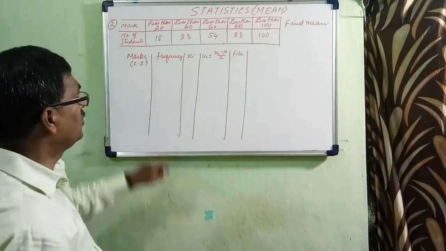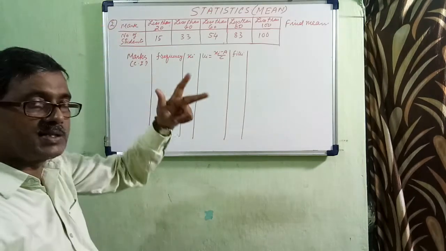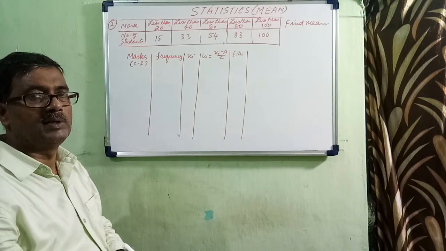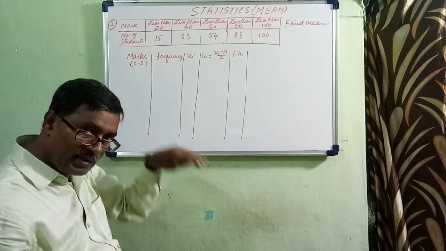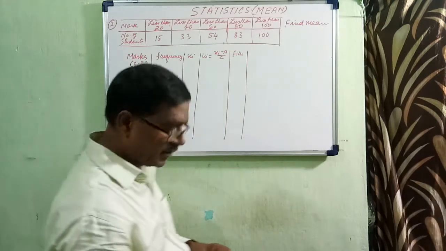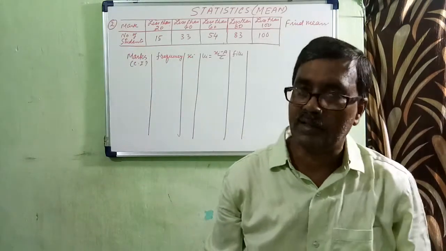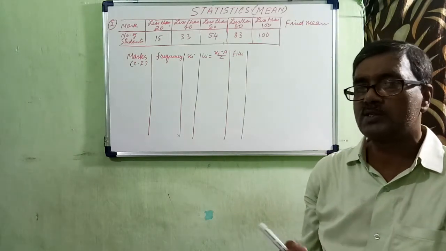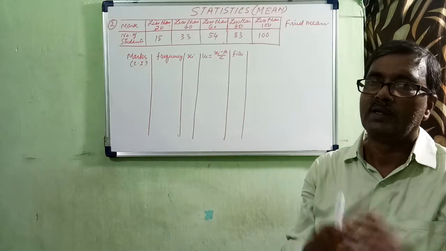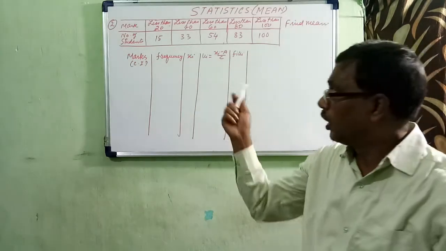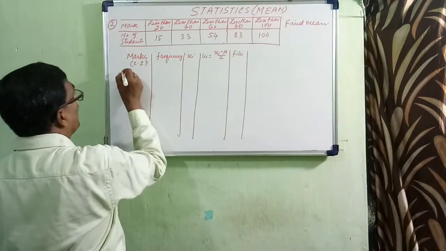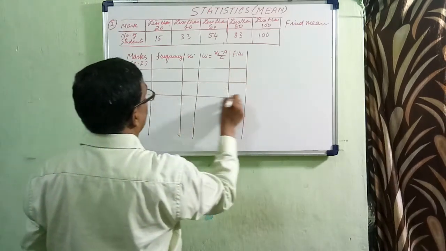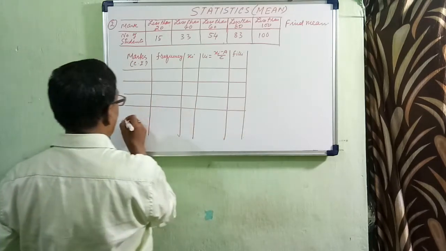One more specific thing you will observe here: in the less than series, the frequencies are in ascending order, and in the more than series the frequencies are in descending order. This is another way to recognize whether the given table is in cumulative frequency or not. Whenever the frequencies are given in ascending or descending order, they are in cumulative form. So how to convert into the simplest form? Look here. First of all, you will write down the class interval. How will you?